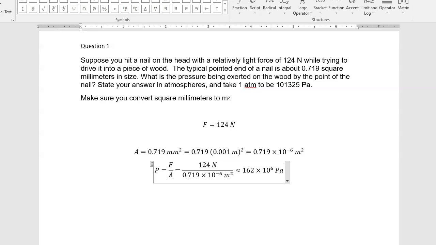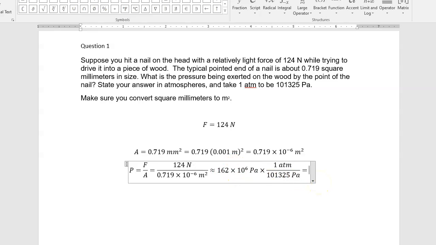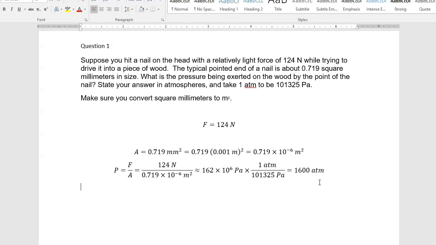Okay, but we want to convert from pascals to atmospheres. So we have to multiply, 1 atmosphere is 101,325 pascals. So this is 10 to the 3rd, 4th, 5th. So we're going to take out a 10 to the 5th. So if we take out a 10, about 1,600 atmospheres is what we're looking at, if I've done all my